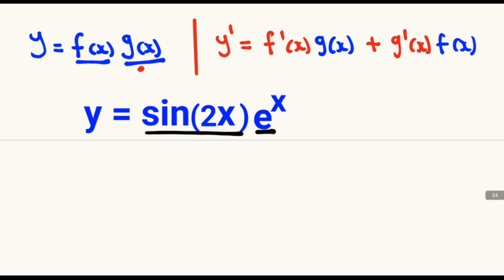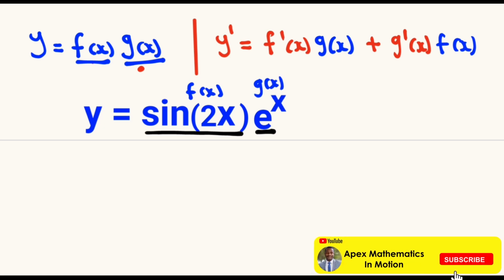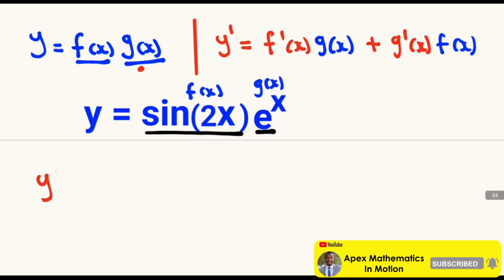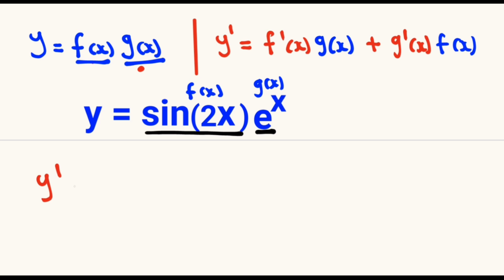In our case, we can let the sine 2x be equal to the f of x and the e raised to the power x as our g of x. Then the derivative of our y will be equal to the derivative of the sine 2x, which is equal to cos of 2x. And according to the chain rule, we also have to differentiate the 2x. So the derivative of the 2x will be equal to 2. And we multiply this by the e raised to the power x